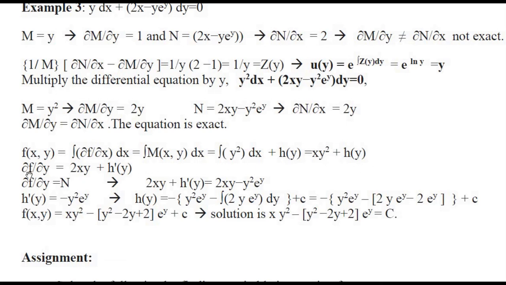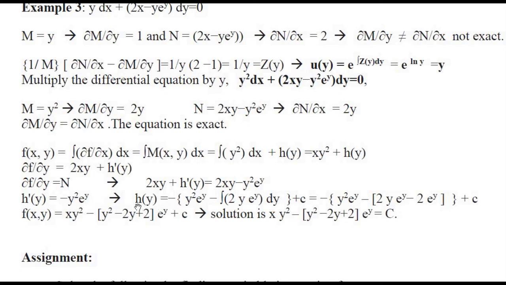Now differentiating partially with respect to y, we get ∂f/∂y is 2xy plus h'(y). But ∂f/∂y is our N. So we equate this one and N: 2xy plus h'(y) equal to N. So cancelling like terms, we get h'(y) equal to −y² e^y,